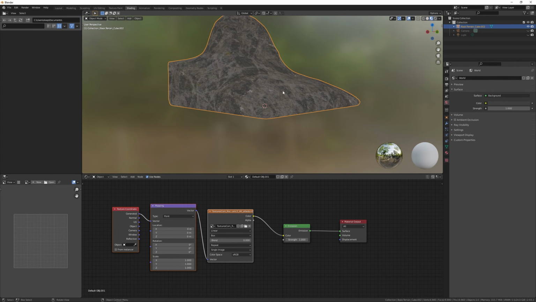Oh, I was going to do that for the grass. Then we can put it to add. There. Then we do it on the dirt height map as well, but we use subtract. Something like that.